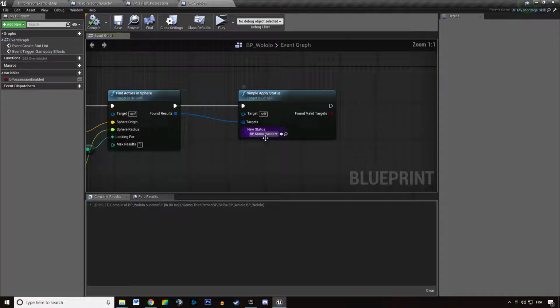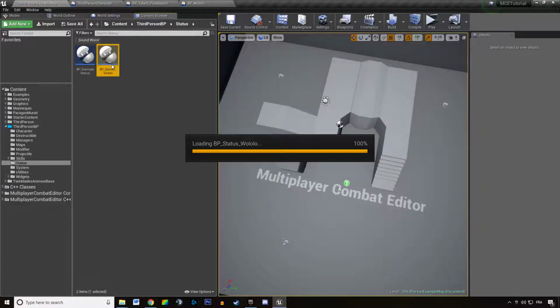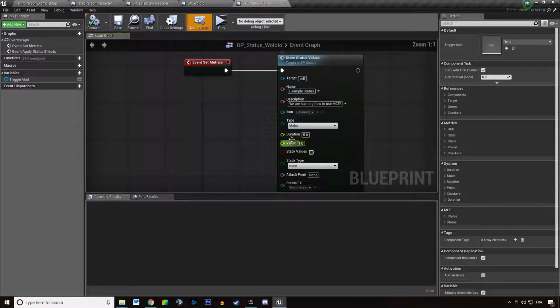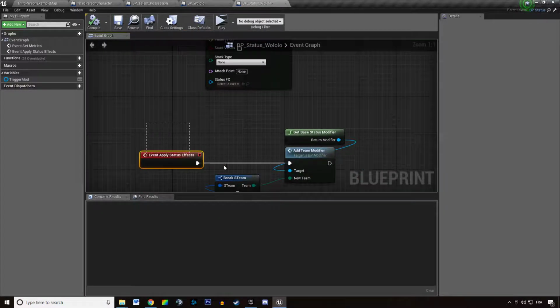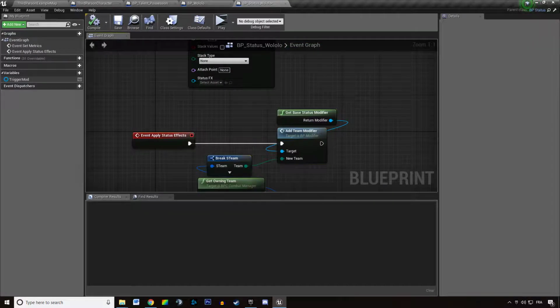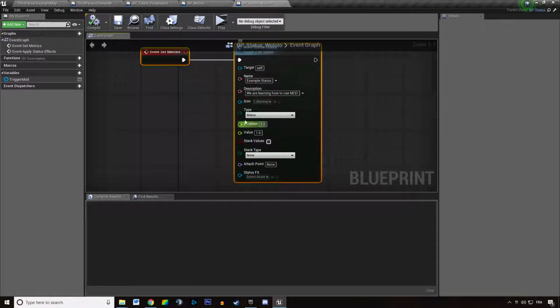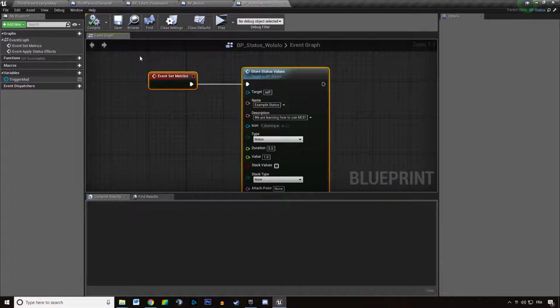And you could be modifying the duration of Wololo depending on your skill, but I'm just realizing that the duration of the status is tied to the status itself and not the skill. So you may not do that. Maybe, yeah, you could be doing this